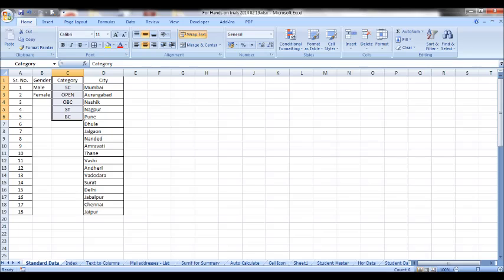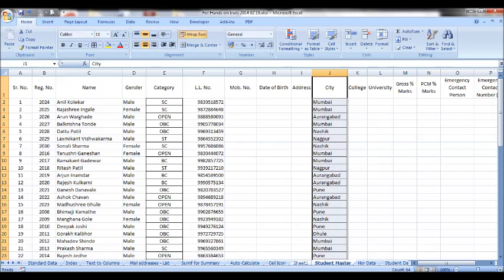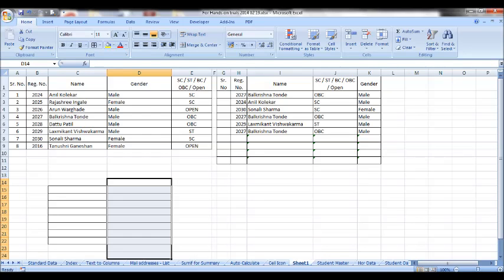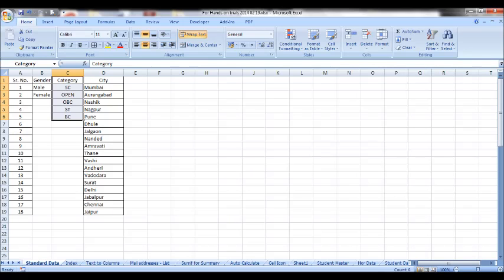What's the difference there on the screen? Earlier this was blank, whereas now here there is the word category. That is nothing but the list you want to have. This is that category. Suppose you are somewhere in altogether different worksheets and you want to refer to the pre-created list named category. Go to name box, click on that arrow, select the name category, you will go to category directly. This is how we can approach a predefined list.